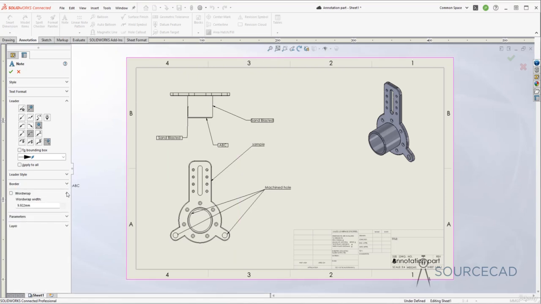Then we have an option of word wrap. Word wrap is a feature which will automatically wrap your text and send it to the second line if it extends beyond this length. Right now it is set to 9.922. I'll just change that to 10. And now if I start typing anything here,